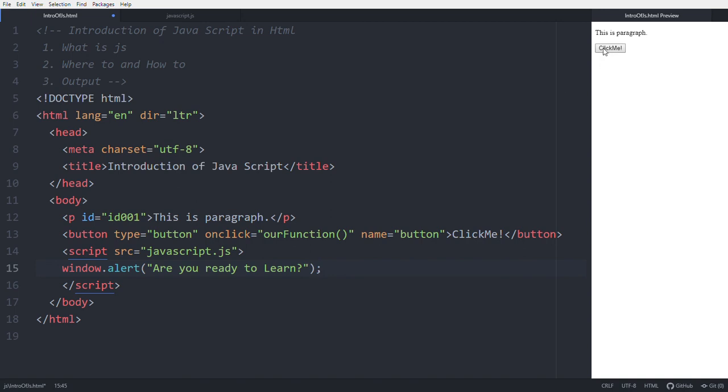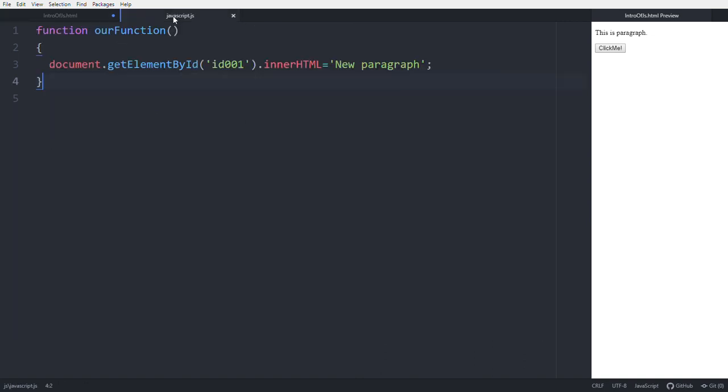Take this part into this JS file and save the file. See, this notification is coming. Are you ready to learn? This window alert is coming.